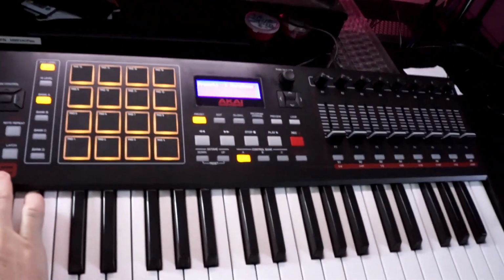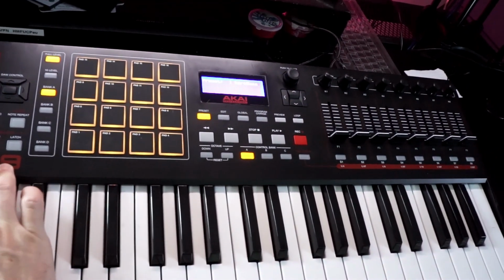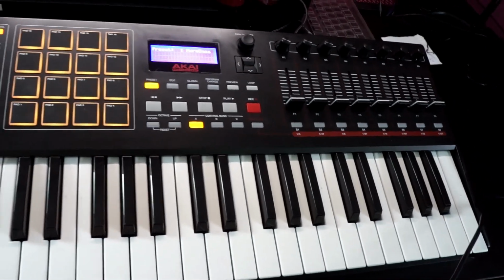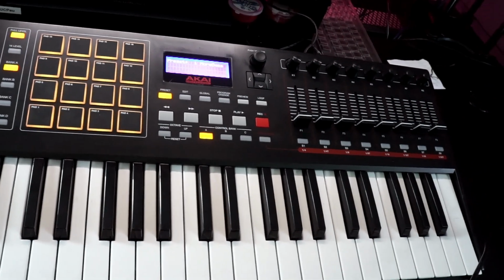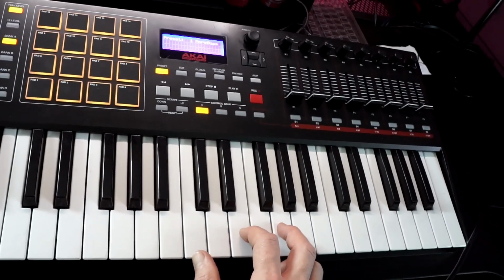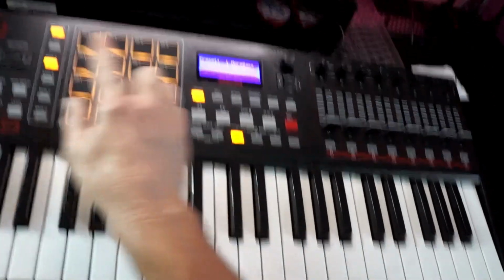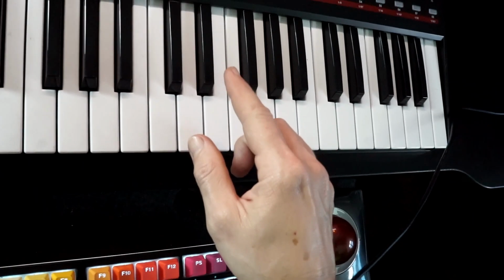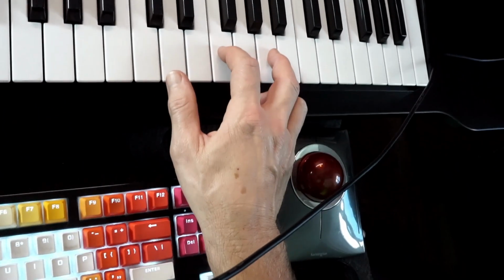So there's an arpeggiator on the Akai, which is my MIDI keyboard of choice, and if I turn off the arpeggiator on the screen and listen to the arpeggiator on its own,